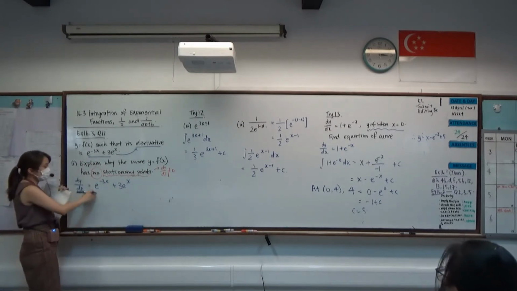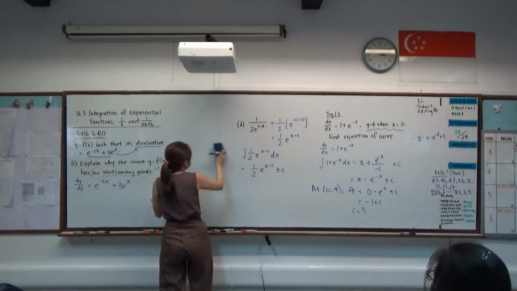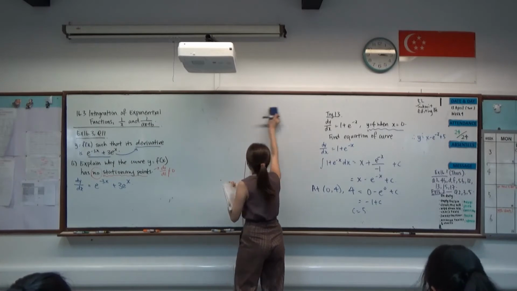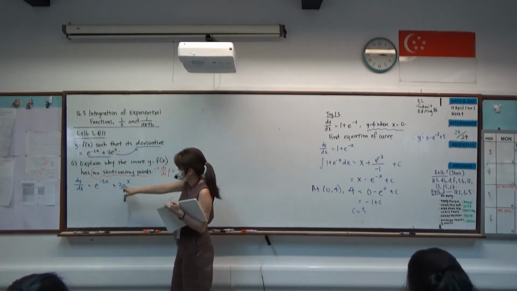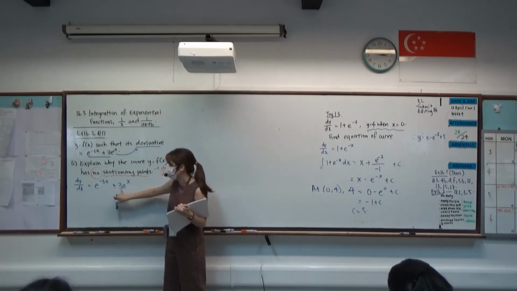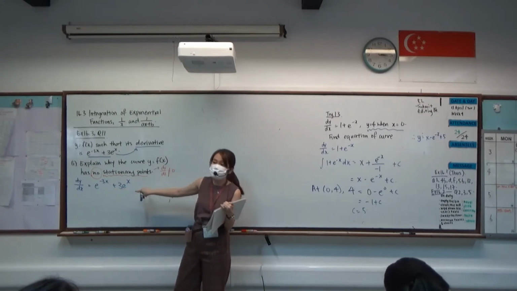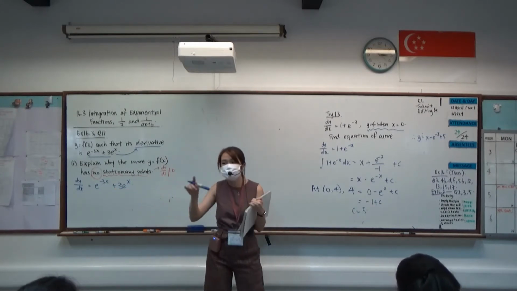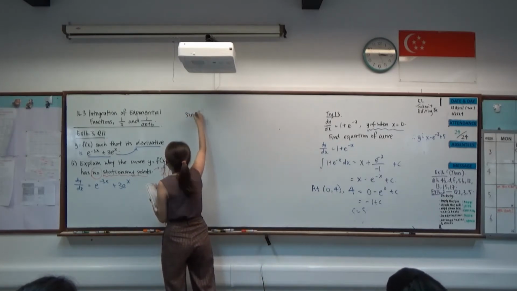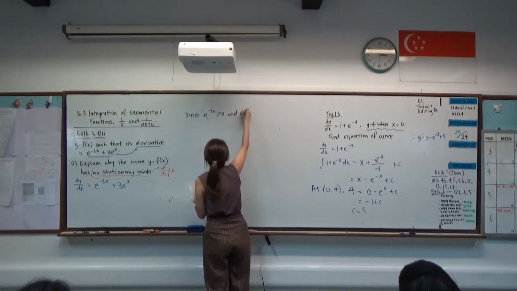Okay? So, looking at your dy over dx over here, looking at what is in the expression, we notice that we have e to the power negative 3x as well as e to the power of x, or rather specifically 3e to the power of x. They are both exponential functions. Exponential functions are always greater than 0. So, since e to the power negative 3x is more than 0 and e to the power x is more than 0,